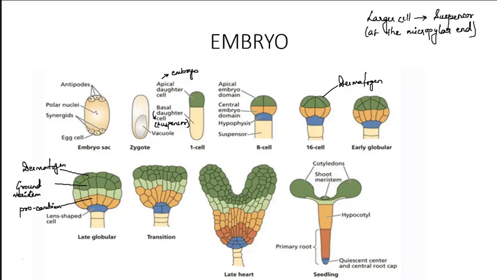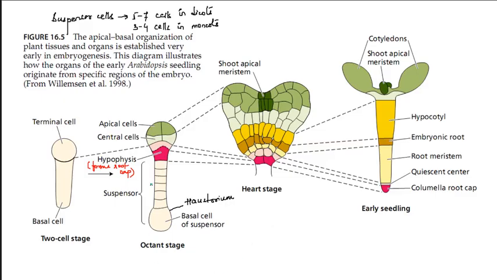First look here. See, here is the asymmetric distribution, the larger basal cell and the smaller one at the top. This smaller one will form the embryo. I'll come to it. The basal cell will form 5 to 7 layers of cells, and look in this picture that this suspensor cell is from the basal cell. The end of the basal cell will form what? It will form haustorium, which will suck the nutrients from the outer layer and transfer them to the growing embryo.